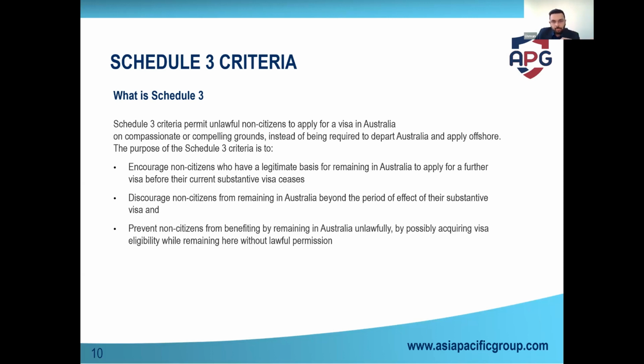But if you're not on a bridging visa, you're completely illegal, because there are cases, I had some cases in which the person was completely off grid for the last 7 years, and now they're marrying an Australian citizen. So it is going to be tough, because they will use it against you. This criteria opens up a pathway for them that they can apply, but it is always much harder to prove, much harder to establish a relationship. But we have done cases like that. It does work, but it is troublesome.